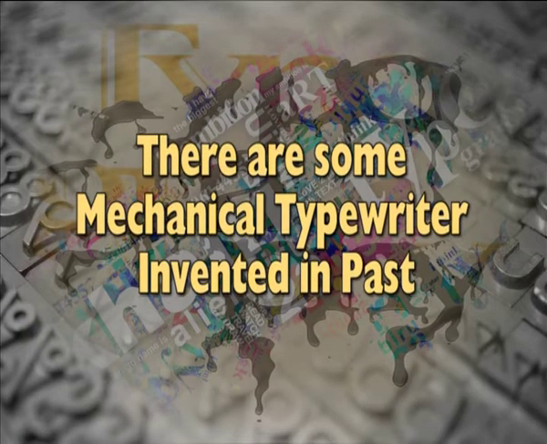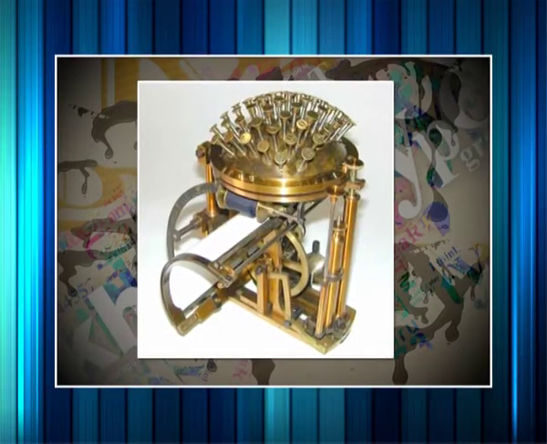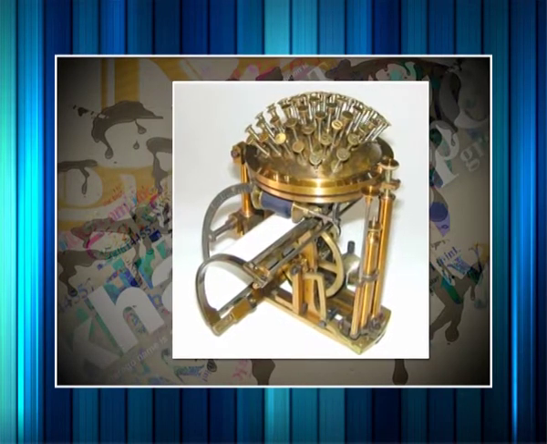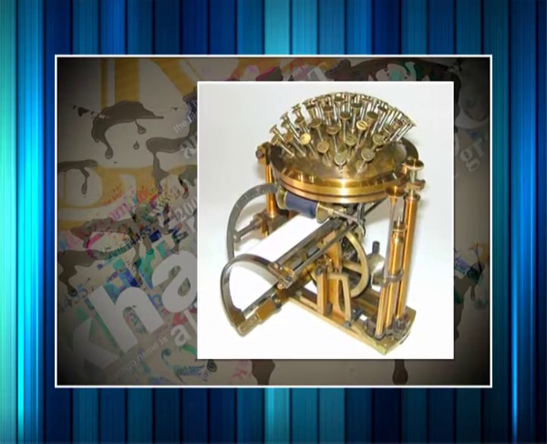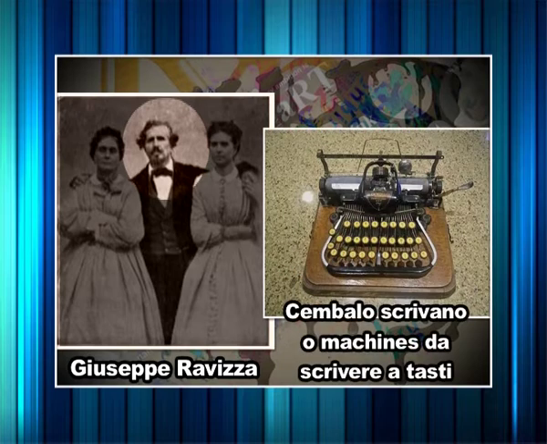There are some mechanical typewriters invented in the past. Hansen Writing Ball, 1870, the first typewriter manufactured commercially. Charles Thurber developed multiple patents, of which his first in 1843 was developed as an aid to the blind, such as the 1845 Chirographer. In 1855, the Italian Giuseppe Ravizza created a prototype typewriter called Cembalo Scrivano,